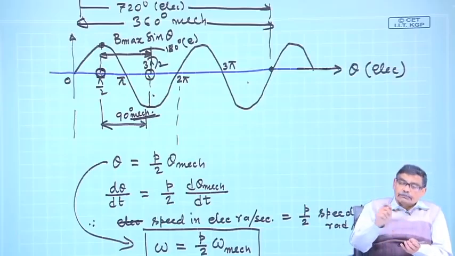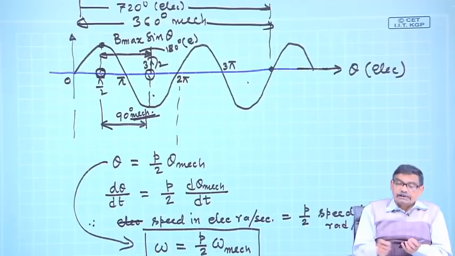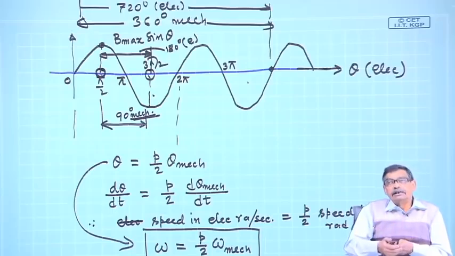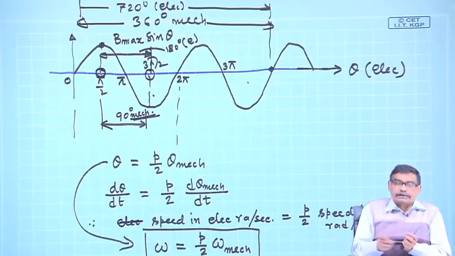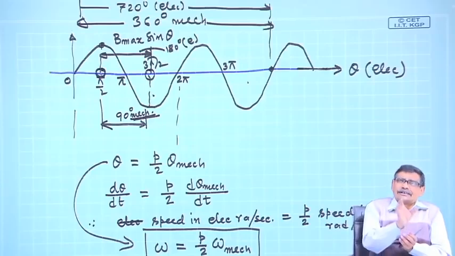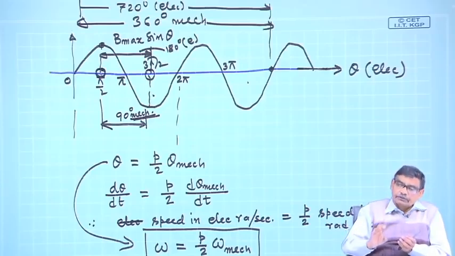Therefore, a conductor moving by 360 degree mechanical essentially means that you have moved the conductor electrically by 720 degree, and 2 cycles of EMF will be produced. If it is a 6 pole machine, then 1/6, that is 360 degree by 6 is 60 degree. The first 60 degree mechanical, say, is under south pole, the next 60 will be under north pole, next 60